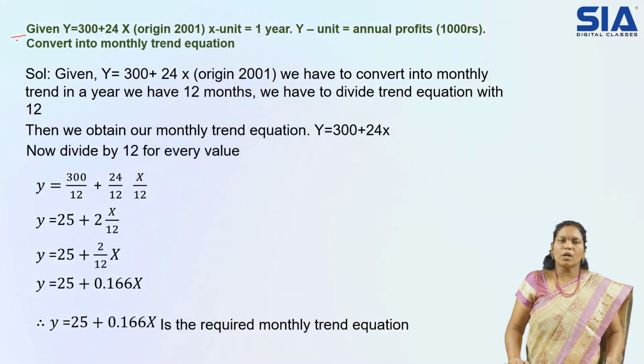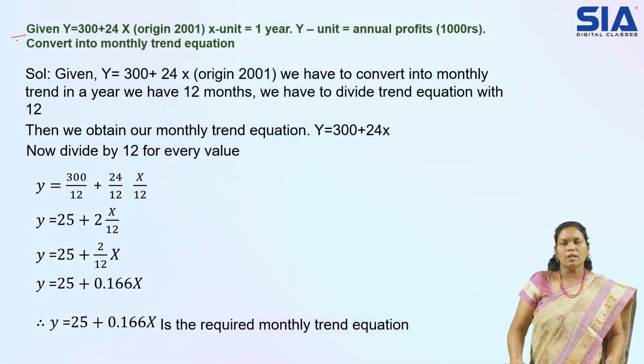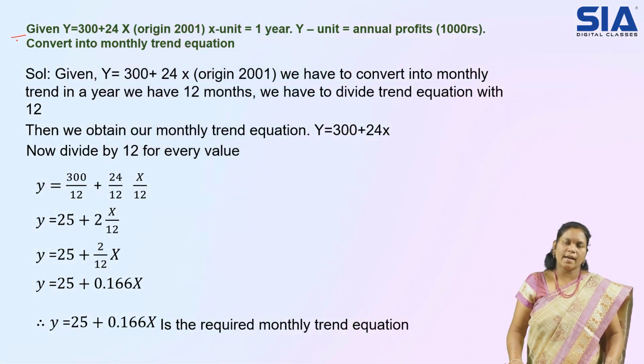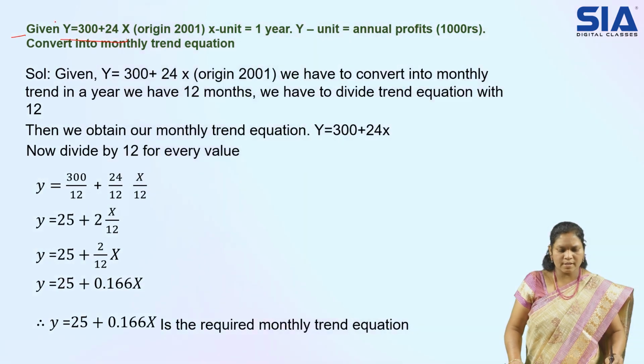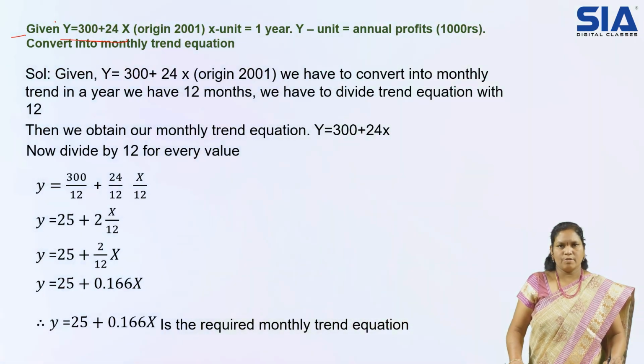In the sense, till now whatever we have done, straight line, parabola, all that, the straight line equation we try to obtain through the data, right? X values, y values they mention, and we try to obtain the straight line equation using that. But here they have given the equation already. So y is equal to 300 plus 24x is nothing but our straight line equation. They have obtained the a and b values and given our equation already. But they want to check how the changes will be if that equation goes to monthly trend. So let us deal with that today.